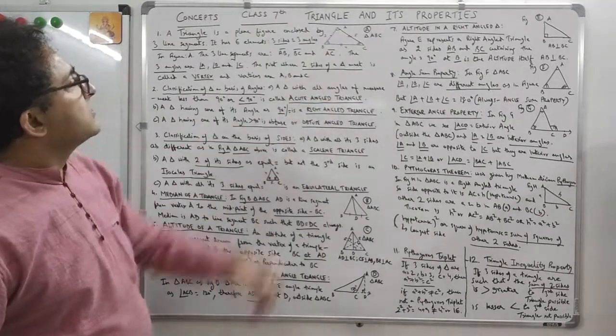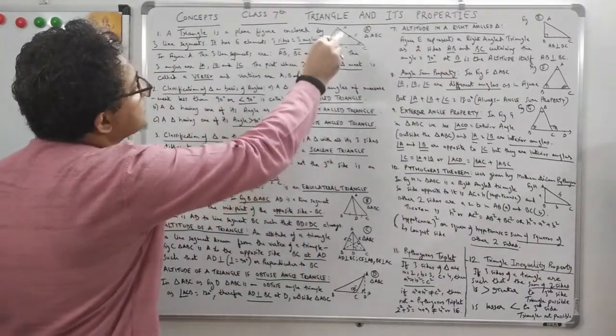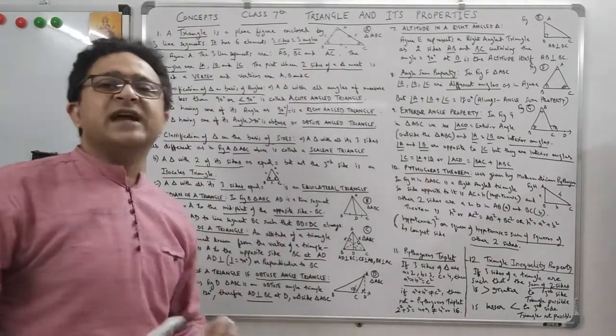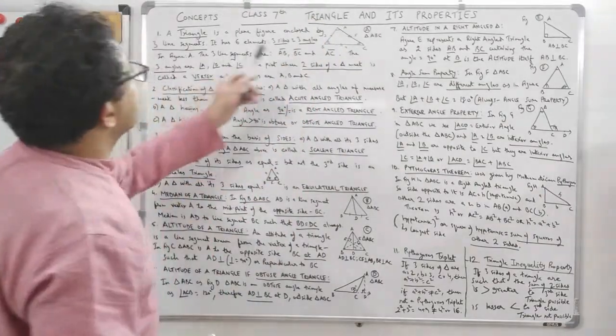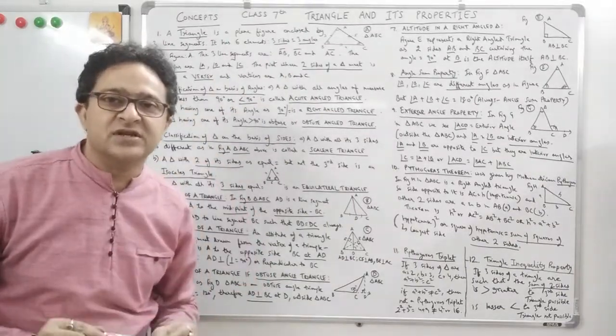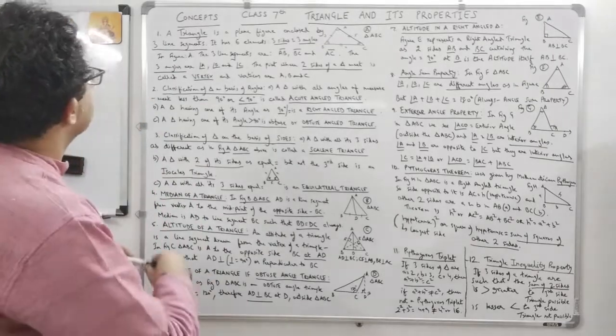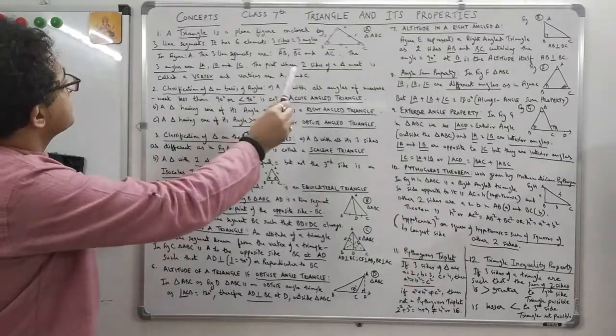So sides are also different. Same way I have denoted the sides as well. 1 dash, 2 dash, 3 dash, which means these sides are also different. So this is basically a triangle. It has got how many elements? 6 elements, students. These are 3 angles and 3 sides. Very simple. So I just mentioned this thing in figure A.